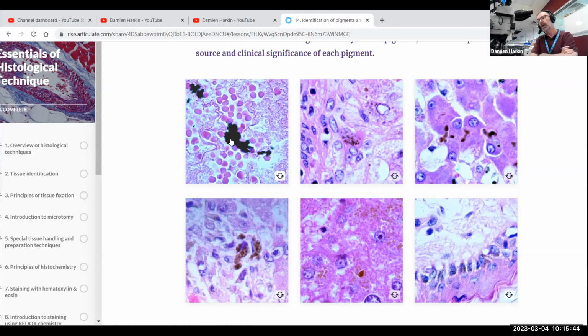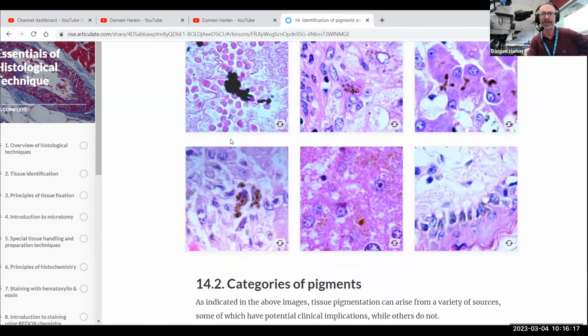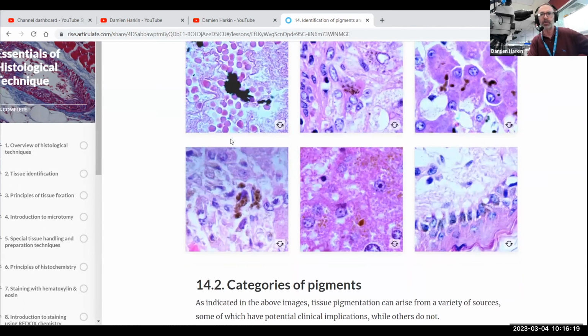And so collectively, these are things we refer to as artifactual pigment and have nothing to do with the patient or the subject that we're looking at histologically, but it simply relates to changes that have taken place chemically within the tissue during the handling, the fixation, the processing, leading to production of pigment. Okay, so I think we've covered the broad spectrum of pigment types. And as I said, we'll be talking next week in the next